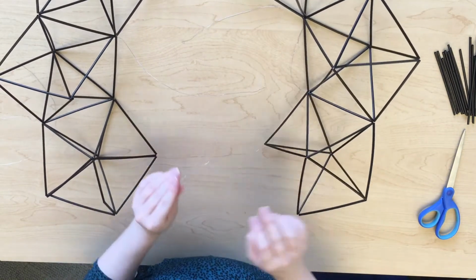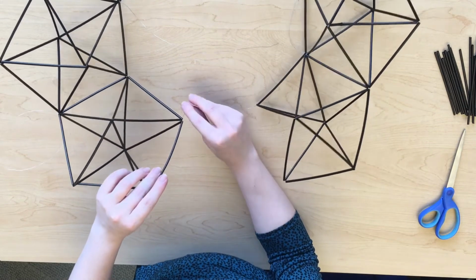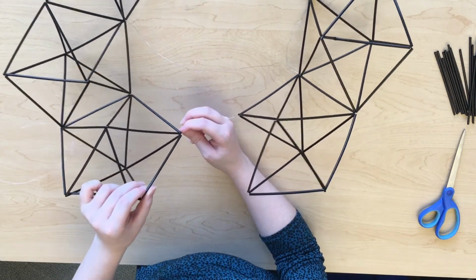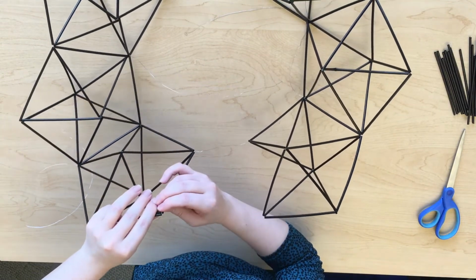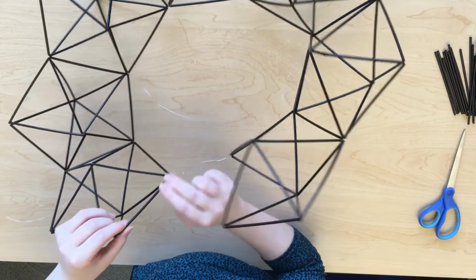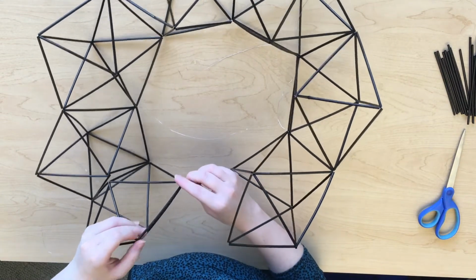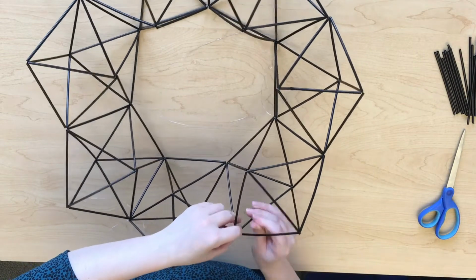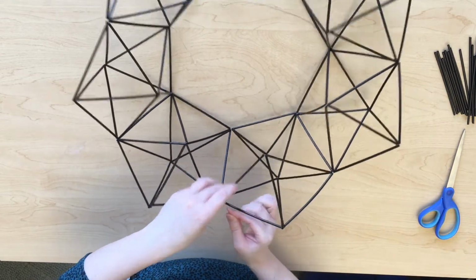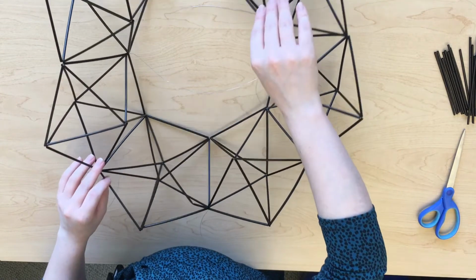We're going to take the final end that is open and use the wire from that to run it through the straw closest to the edge from your very first shape in the opposite end of that chain. And pull it through. And connect it to our final remaining open edge. That through. Now you should have all of your pieces together, and you'll see that on the bottom we've got this 7-edged polygon here,